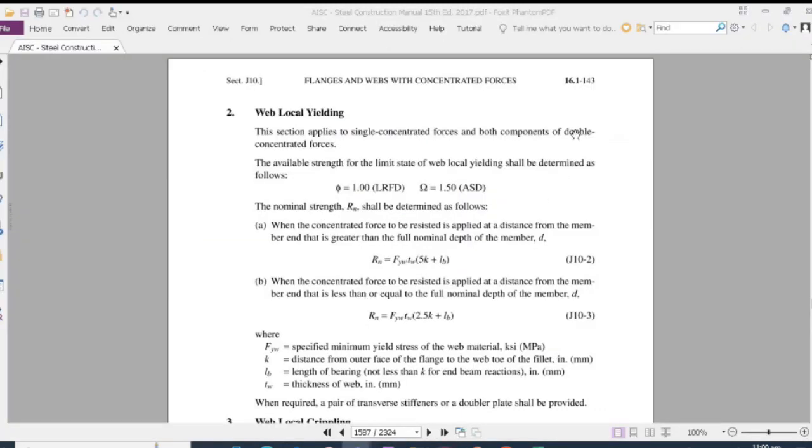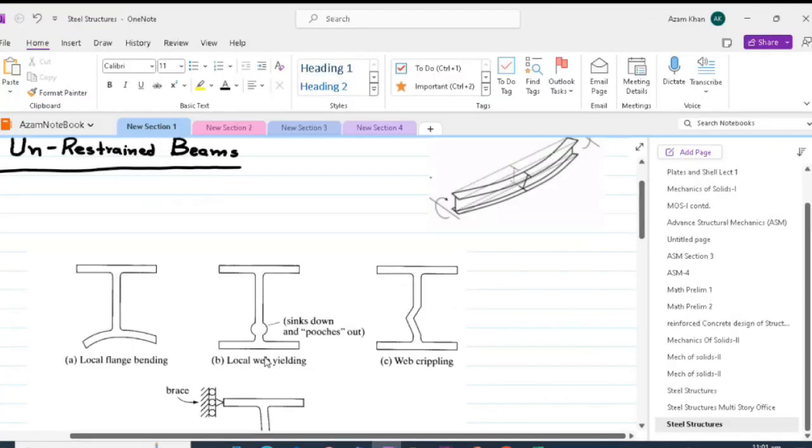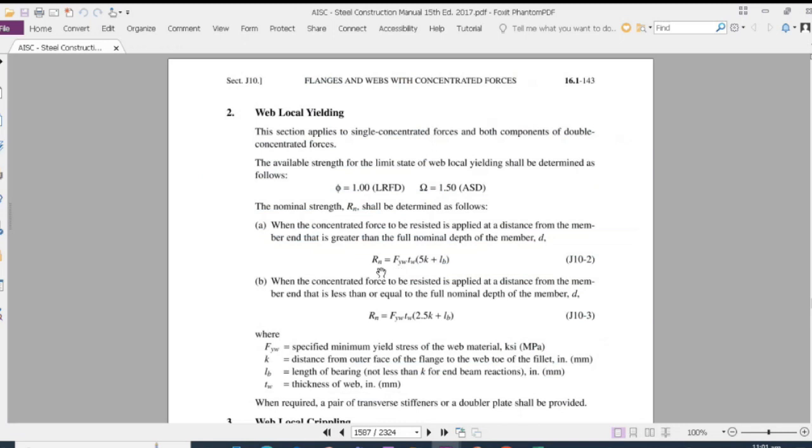After this, there is another expression related to web local yielding. The local web yielding applies to all the concentrated forces, tensile or compressive. The local web yielding is shown in this figure. The nominal strength of the web of a beam at the web toe of the fillet when a concentrated load or reaction is applied is to be determined by one of the expressions given in the AISC manual. These expressions are